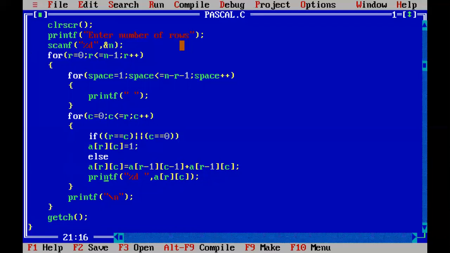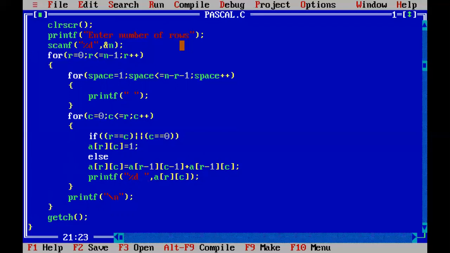Now you need to print these values. So I am giving the printf statement. Since I want to print the value from the array, I am going to give the format specifier as %d. Why %d? This array is an integer array. Now this will print the value which is contained in the variable A[r][c].